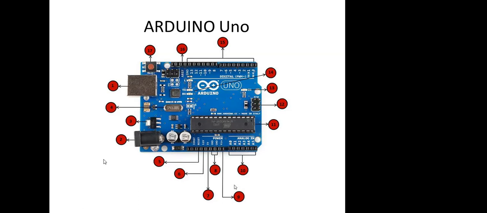Then the third one is the voltage regulator. Why? Most of the cases we require 3.7 to 5 volts, but at certain times some higher voltage may come, which will affect the board. To sustain up to around 20 volts, we use a voltage regulator here.